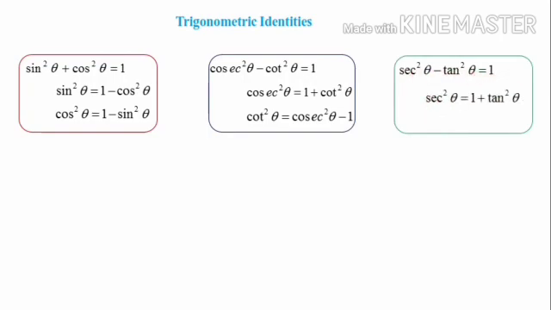From here, sec square theta is equal to this minus tan square theta moving to the right side, that becomes plus tan square theta, that is 1 plus tan square theta. Next, tan square theta we can calculate. To calculate tan square theta, we have to take this minus tan square theta to the right side, it becomes plus tan square theta, and this plus 1 we have to bring to the left, it becomes minus 1. So tan square theta is equal to sec square theta minus 1. Means the third set is sec square theta minus tan square theta equal to 1, sec square theta is equal to 1 plus tan square theta, tan square theta is equal to sec square theta minus 1.